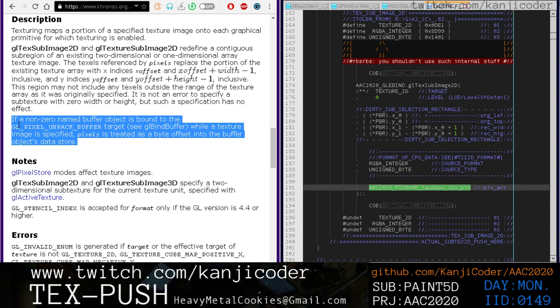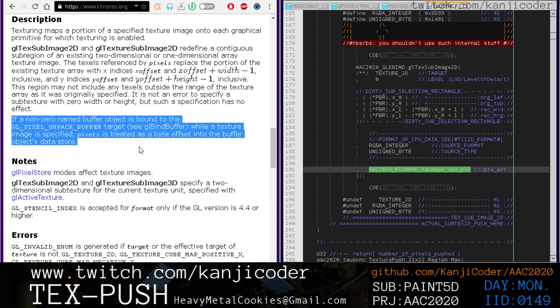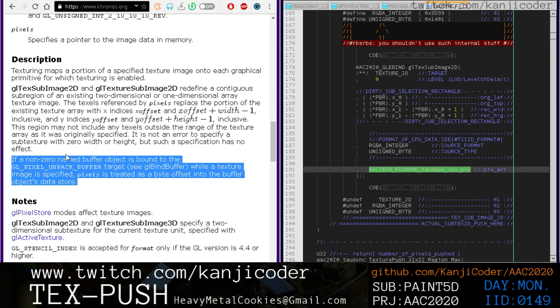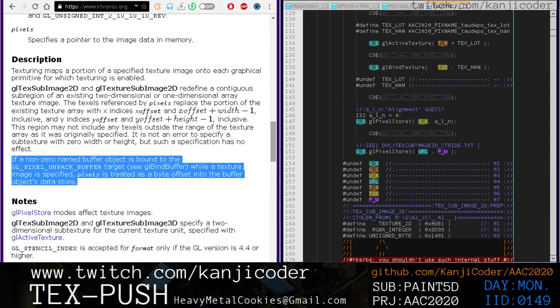So a byte offset, because I was wondering about that. Like, how does it know where to start looking? The WebGL version of this command has a byte offset, and this does not seem to have a byte offset. And so, if we look at this, a non-zero named buffer object is bound to the GL pixel unpack buffer. So if we look at unpack buffer,